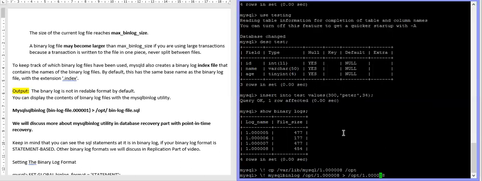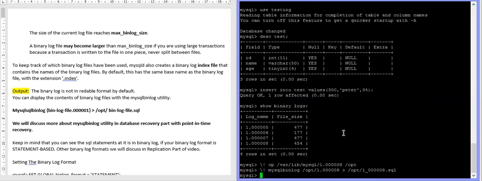To understand it better, I can name it 1_00008.sql. Okay, so now this file is in a readable format.